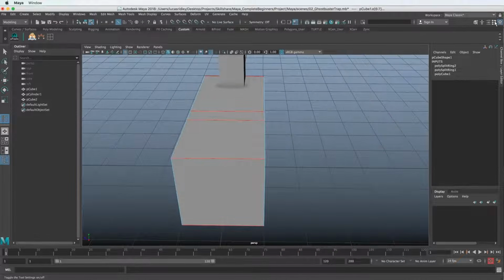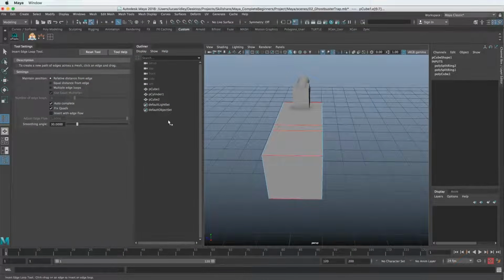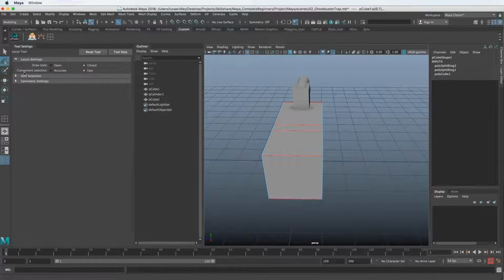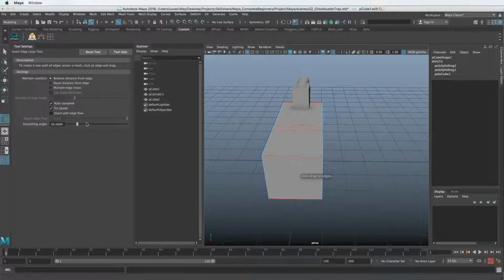Let's go to the tool settings here, which is next to this button. It'll pop up the tool settings panel, and depending on the tool that we have selected, it'll give us different options. If I change the tool here, you can see this menu will change every time I have a new tool. So with the insert edge loop tool selected, which I can get to there, or I can hit G. There's a bunch of different ways, which is kind of the theme of Maya. There's a lot of different ways to do the same thing. So it's just whatever you're more comfortable with or is quicker to work with for you.